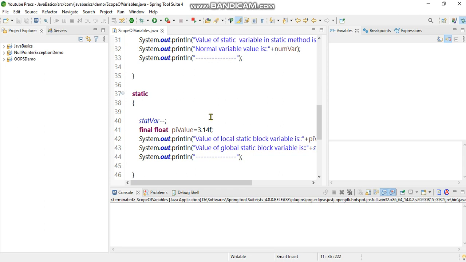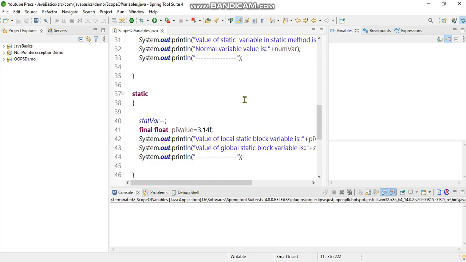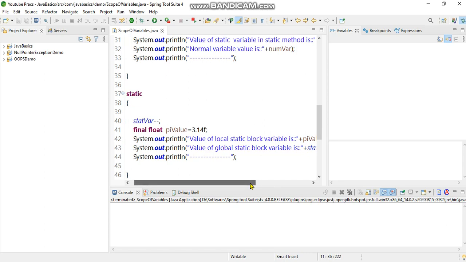In that static block, I've decremented the variable which is declared in the above scope, and I also declared a local scope variable as the pi value in it, and I have printed that value.